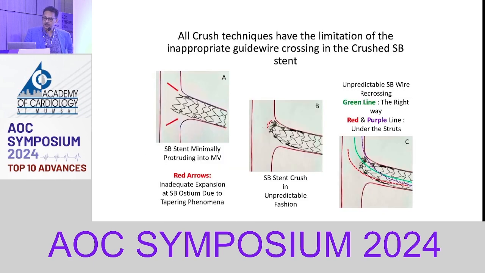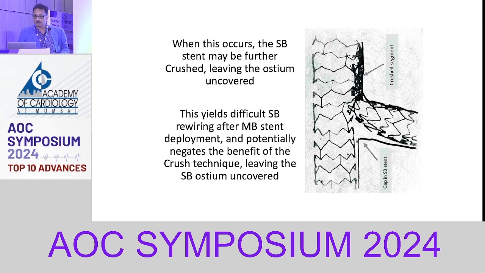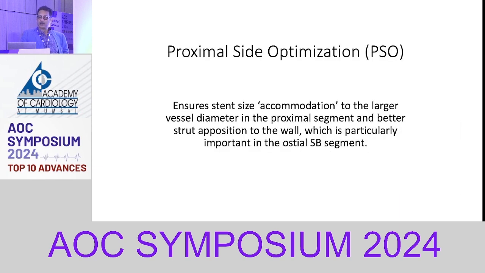I will go next. So this is what happens when you stent the side branch. This is how it looks. You see the side branch edges are not fully approximated. And when you crush the stent, this is what it looks like in the central illustration. So the end result is like this. You lift up the metal from the carina, and that is where you are prone to cause some restenosis, ISR. So the PSO, what it does, it ensures